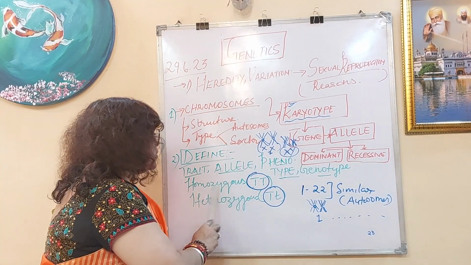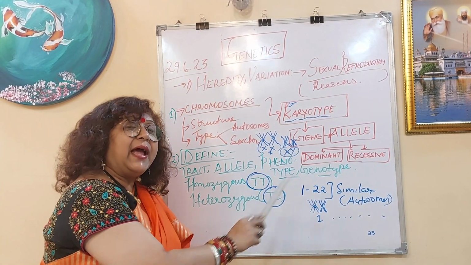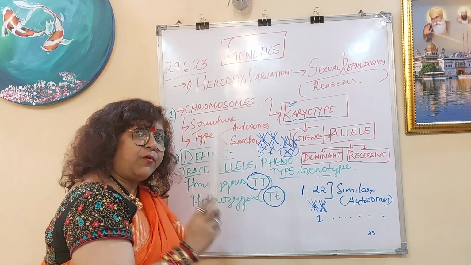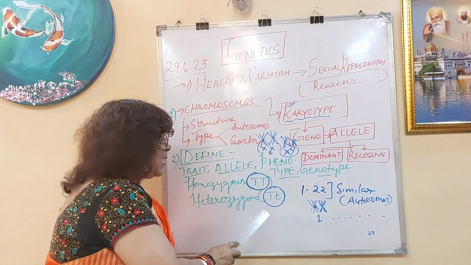Okay, this is known as homozygous tallness. If they give you just the symbol in the exam and they ask you to write the meaning of the symbol, what will you write? You will write homozygous tallness. It means that. Okay. Now the next one is